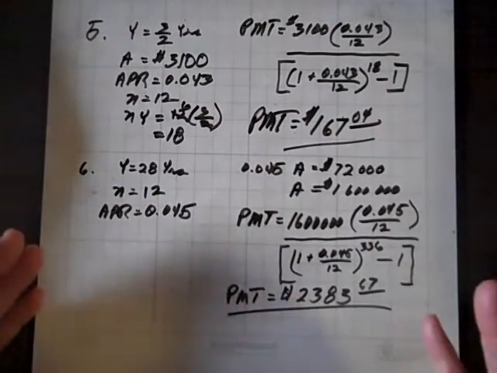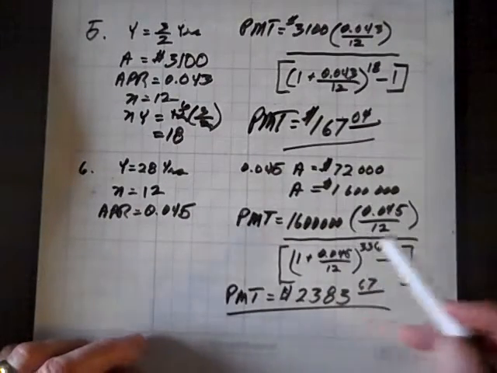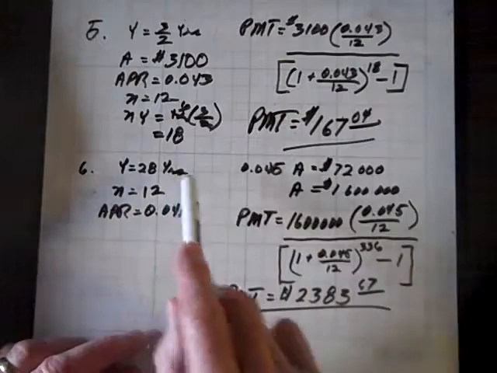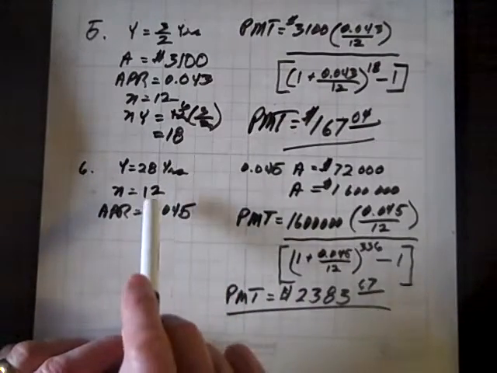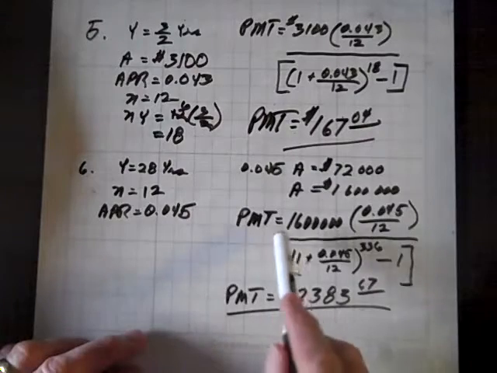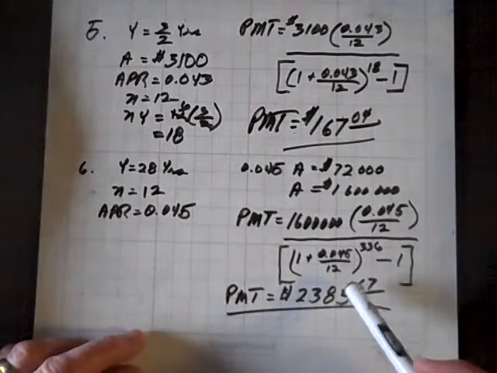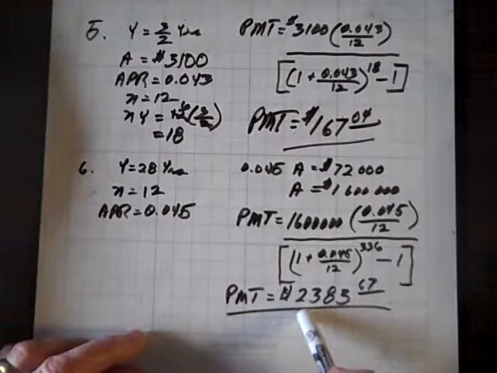And now our question is, how much do we have, what are our monthly payments in order to achieve that in 28 years? So Y is 28 years, N is 12, and our rate is 4.5%. And installing the appropriate values in the appropriate places, we wind up with a payment of